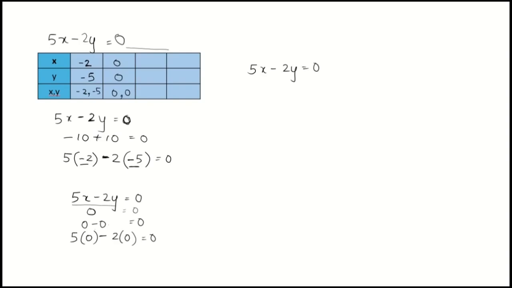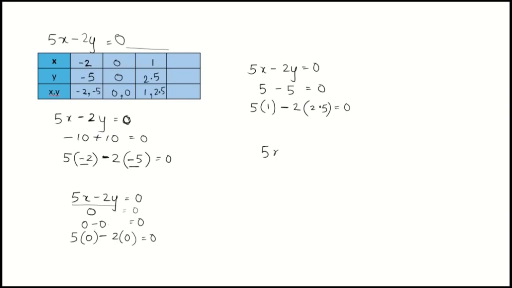Let's try searching for the third point. We can take any number, let's say 5 minus 5 is also 0. How to write this in the form of equation? 5 into 1 will give us 5. Take this minus 2 from the equation. Minus 2 into how much will give us 5? Minus 2 into 2.5 will give us 5. So here x is 1 and y is 2.5. 1 comma 2.5.